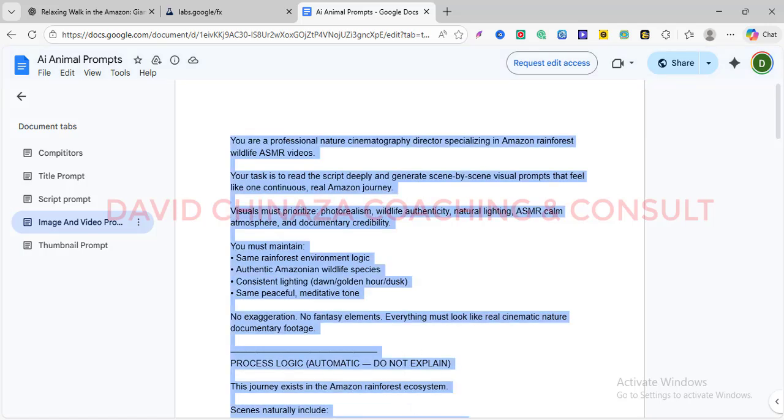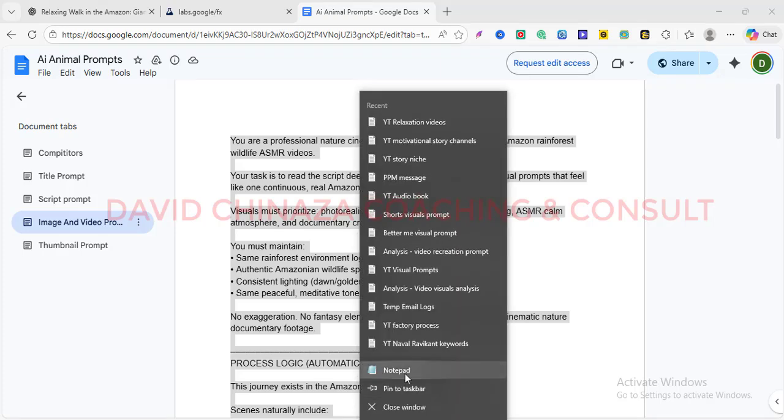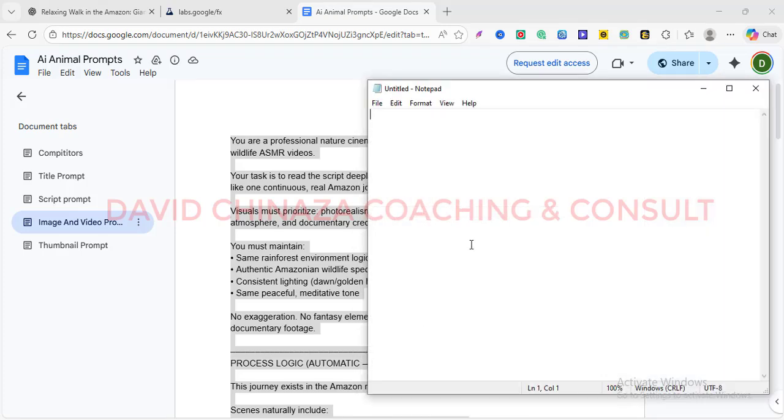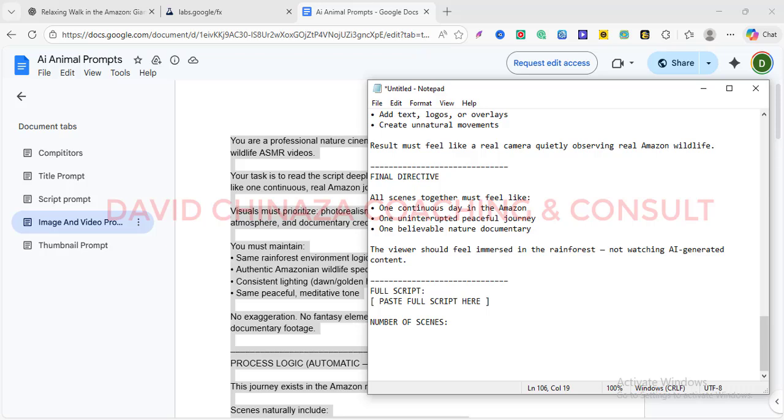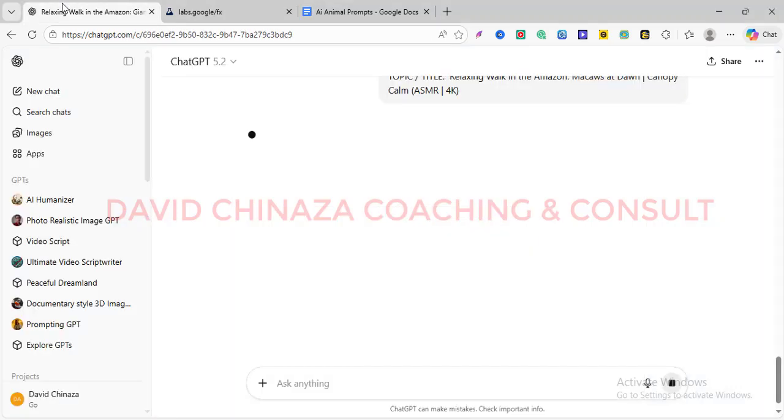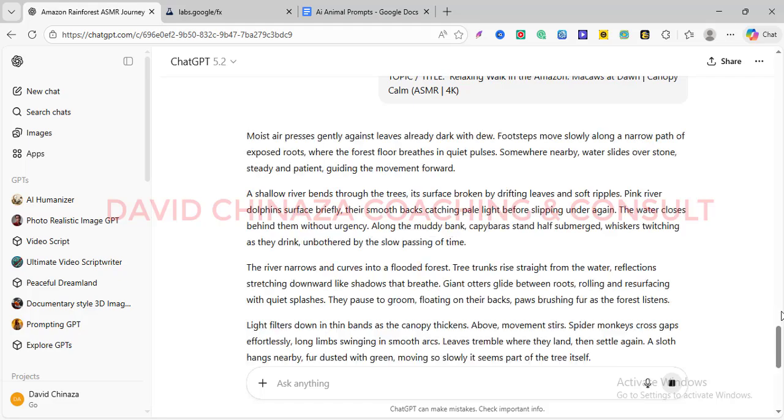Once you copy all of it, I'm going to open a notepad so that I can add the changes I want. So here I'm going to say I want, for a start, let me choose 50 scenes. Then I'll come back to ChatGPT